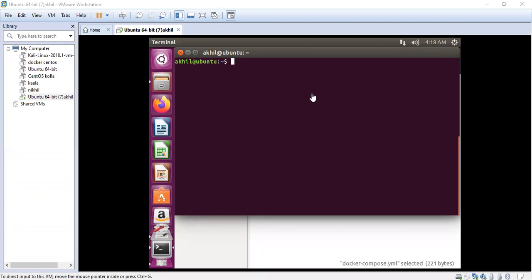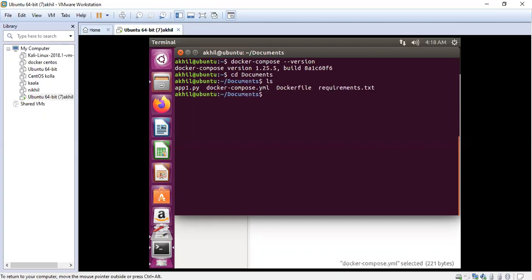At first, you need to install Docker Compose. I won't be installing Docker Compose again, I already installed it. I will show you the version. Make sure that you install Docker before starting it. Docker Compose version. You can see my Docker Compose version is 1 point something, and you need to go to your directory, where your Python file is located. cd documents.